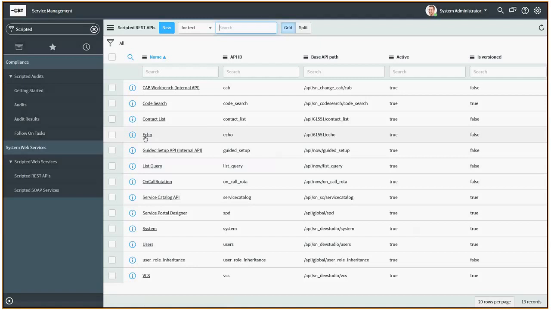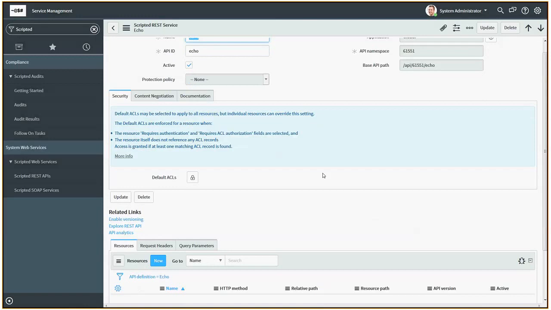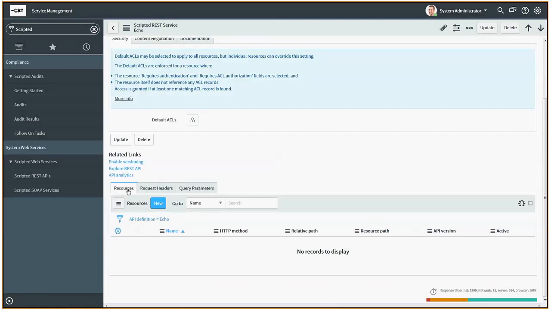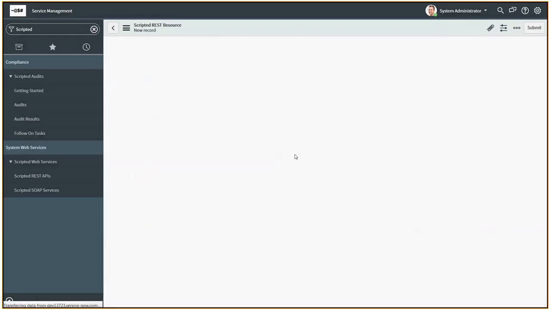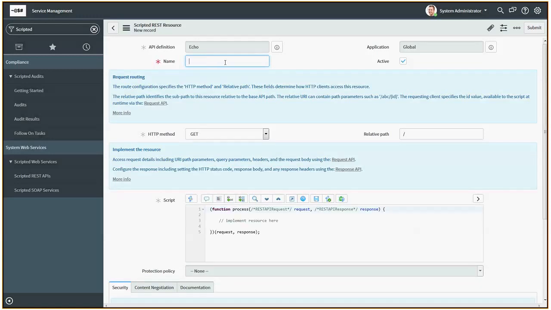Open the API that you just created, and then scroll down. Under the resource tab, click new to add a new resource. So add a get resource to this REST API, and let's call it echo test. And the HTTP method that we will be using here is get, and in the relative path you need